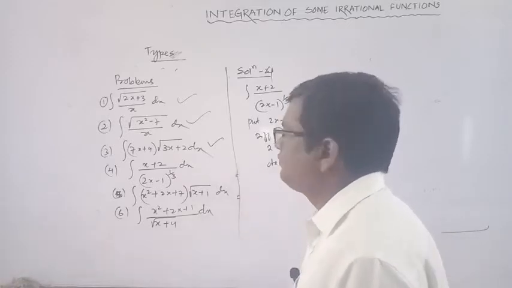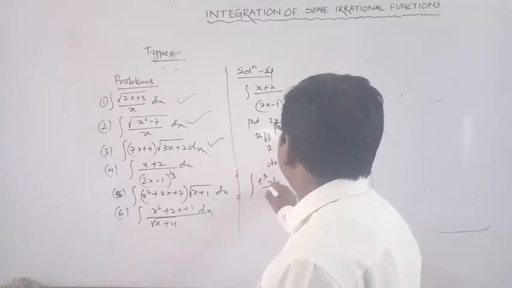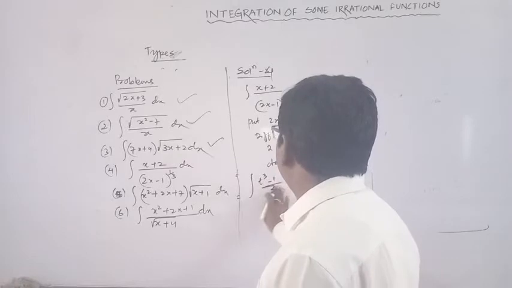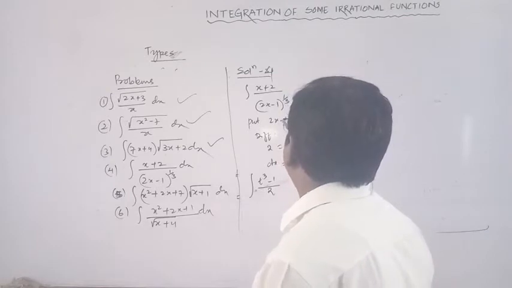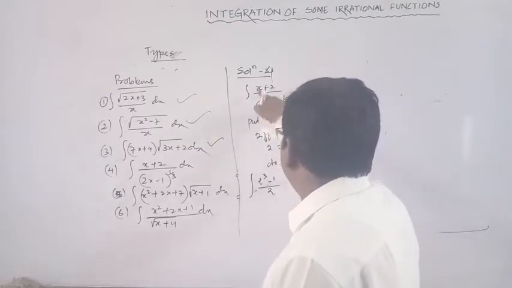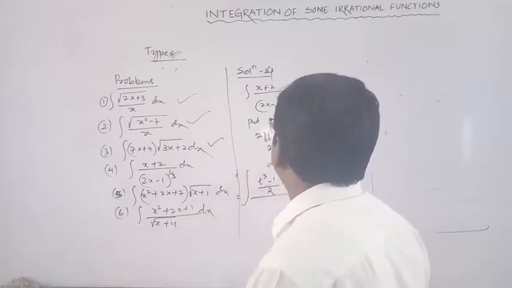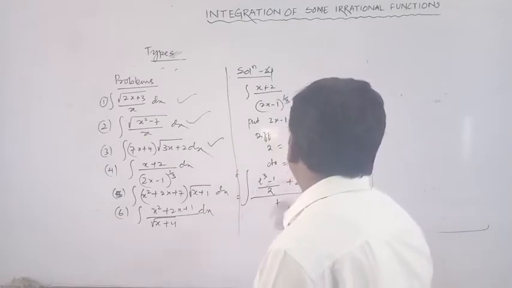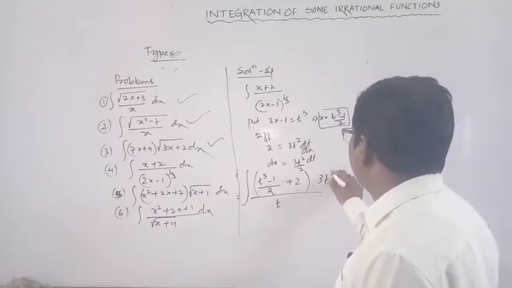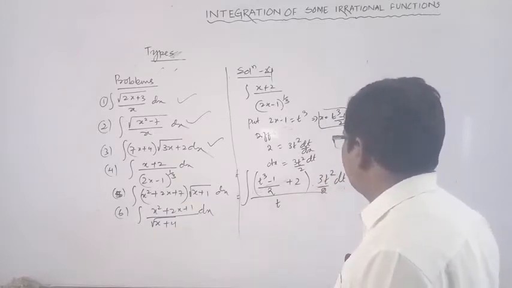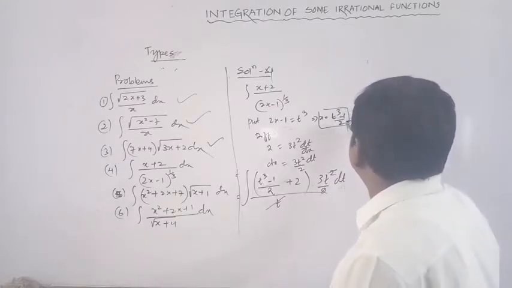Now put here x is equal to (t³ + 1) by 2. Okay, (t³ + 1) by 2, this is the value of x, and plus 2, divided by this is t, and dx means 3t² by 2 into dt. One t cancels here. Okay, so this is equal to, taking the LCM,